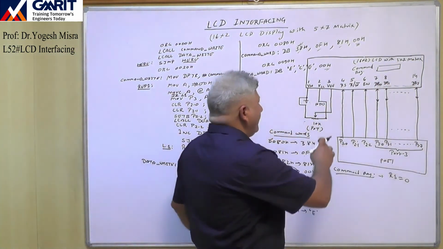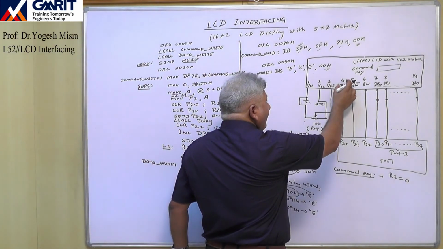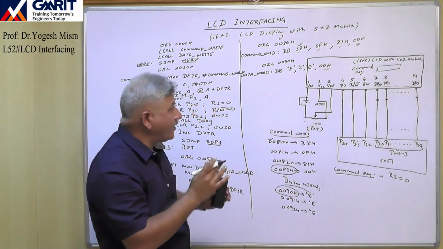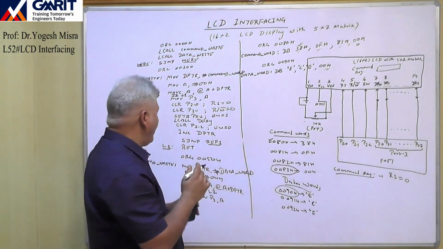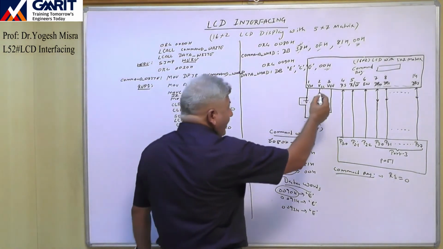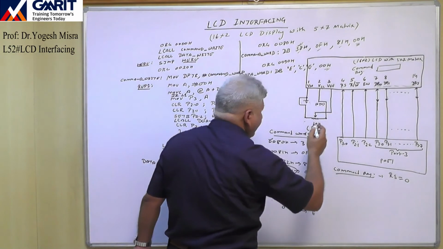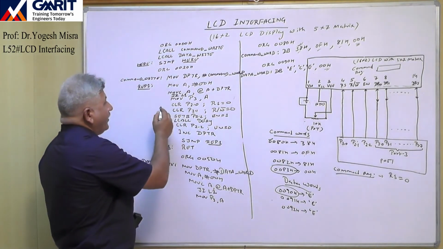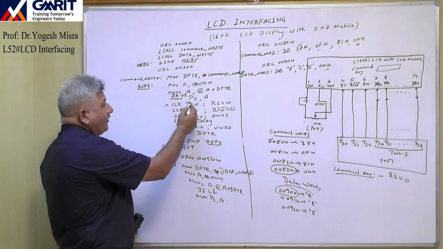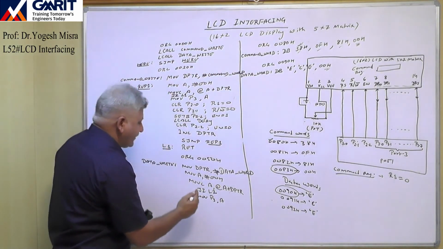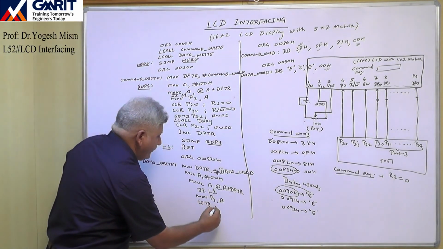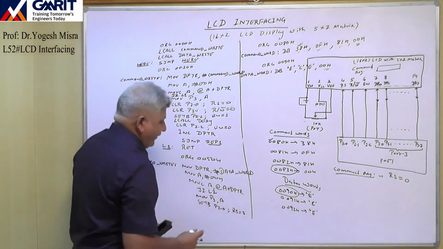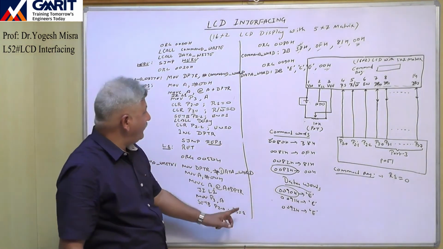Now what do we have to do? This register is to be selected now to 1 because we are going to write the data in the data register. The data register is to be selected. So for selection of the data register, the RS pin must be connected to 1. So there is one change. Here we made CLR P2.0 and now we will write SETB P2.0. What will it do? It will make RS equal to 1. If RS is equal to 1, then the data register will be selected.